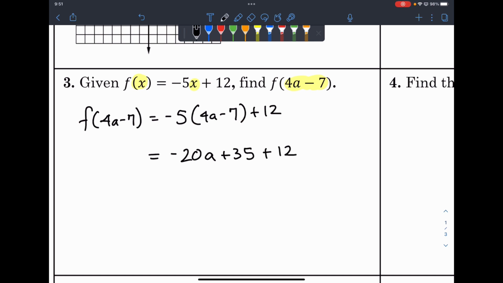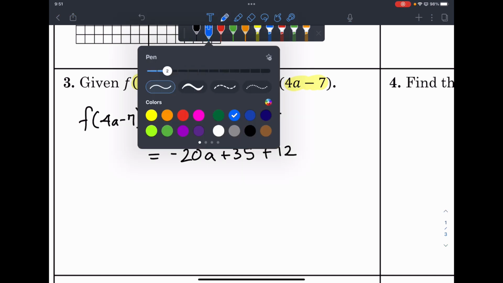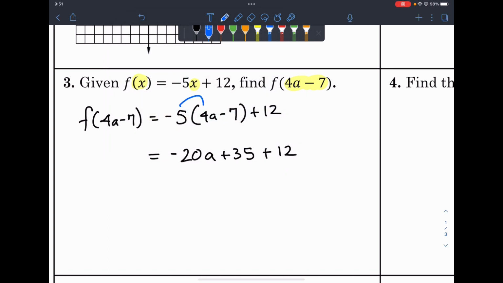So distributing the -5, we end up with -20a plus 35 plus 12, and simplifying that,